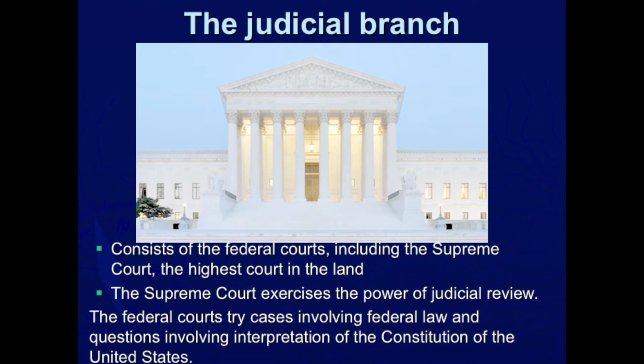Now that we went over the structure, let's break down the powers. See, the judicial branch, unlike the executive branch or the legislative branch, does not have much power. The powers that the judicial branch have at the national level is the Supreme Court exercises the power of judicial review. Mr. Squire, what does judicial review mean? Judicial review means that the Supreme Court can go back and review court cases to determine if the act or action that took place in that court case was considered to be constitutional or